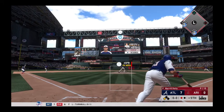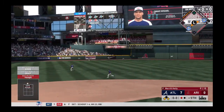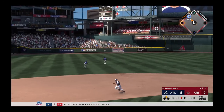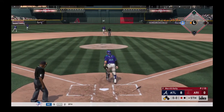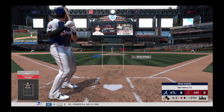Ready to deliver. Here's the first pitch. Lifted the other way out to left center. And this is turning ugly now as this ball's down for extra bases. And the runner scores from third as they extend their lead. And he is in at third base with an RBI triple. The batter,